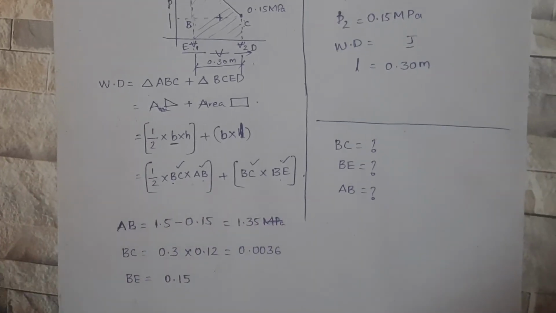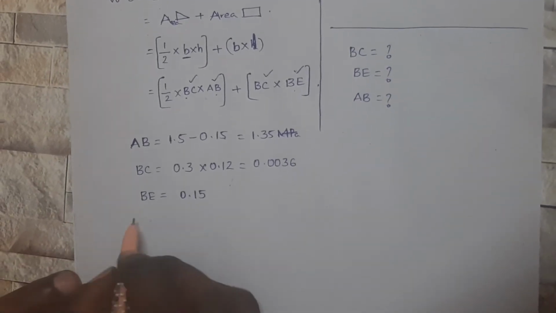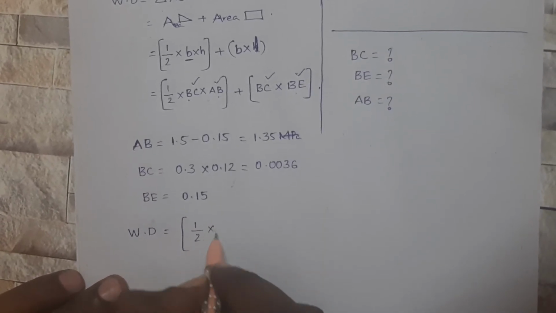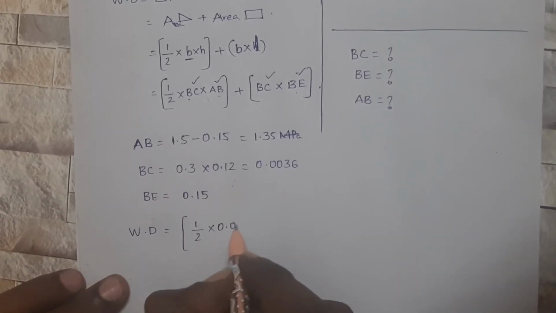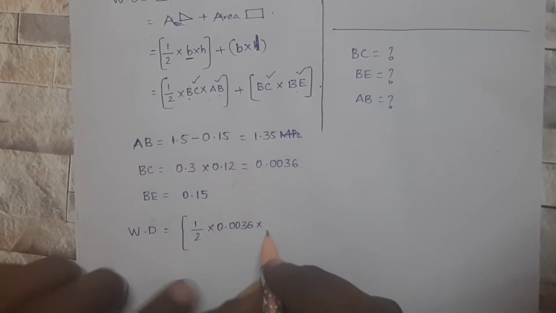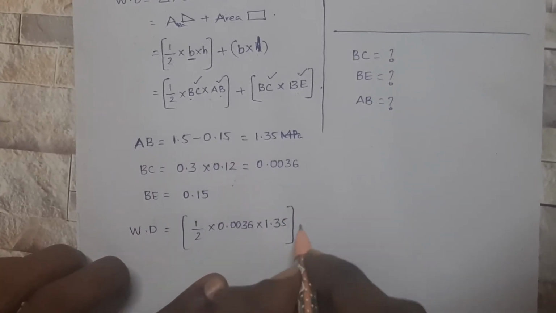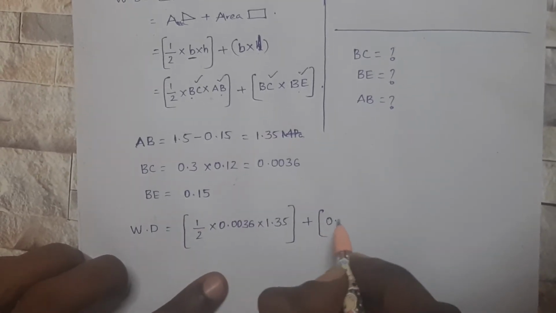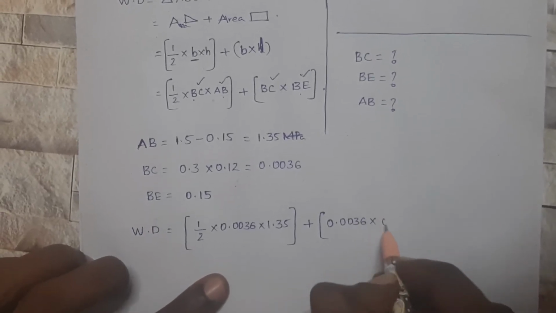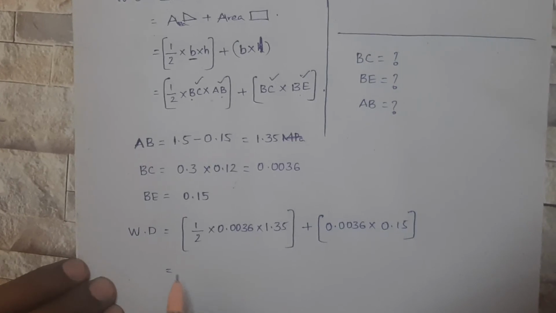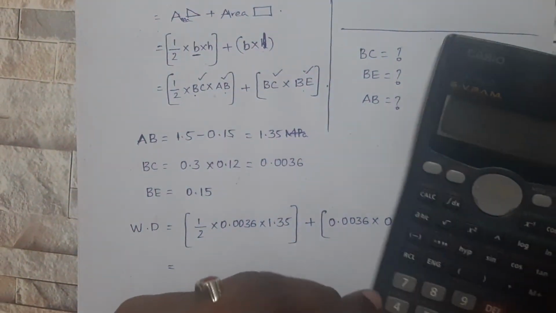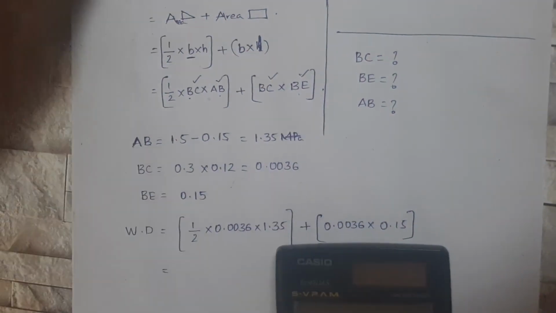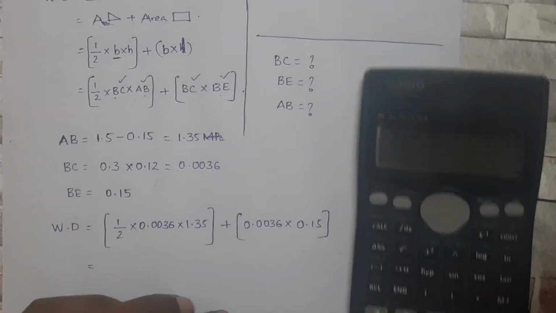Directly you can solve this problem from this method, like work done is equal to, by substituting BC as 0.0036, AB as 1.35, plus BE, BC as 0.0036 into 0.15. By mere calculations, so calculations have to be done in a clustered manner, guys. Just try to remember. I'm sorry. Okay. In a clustered manner, like